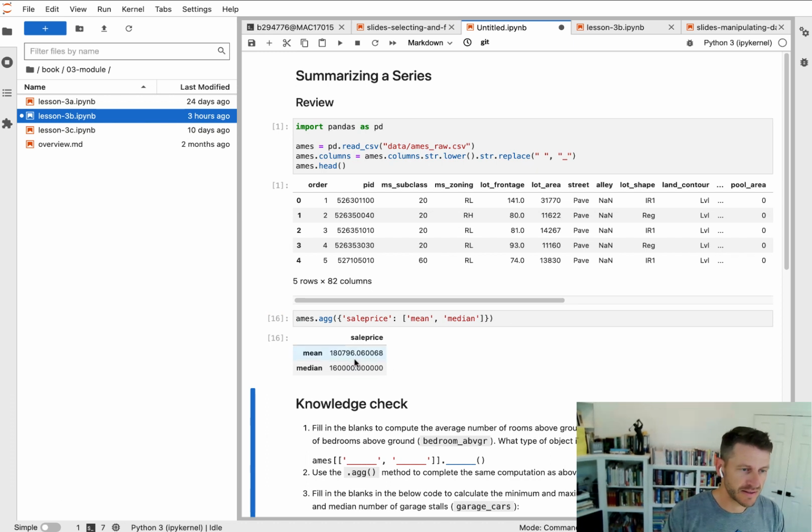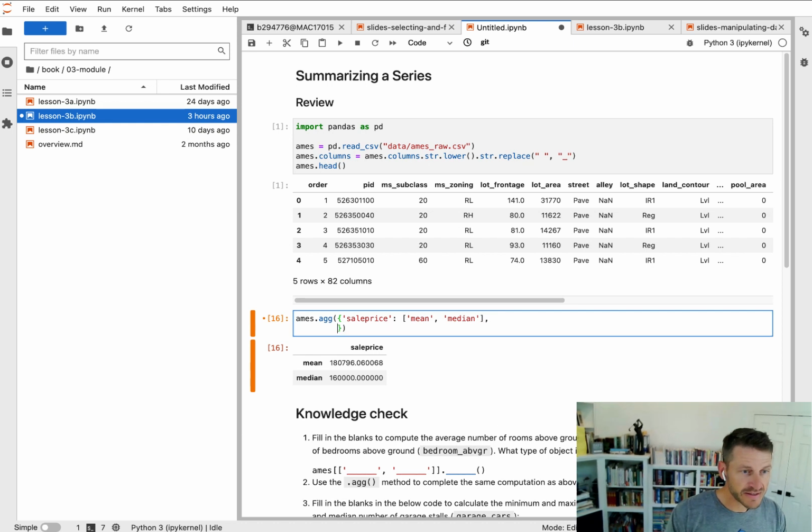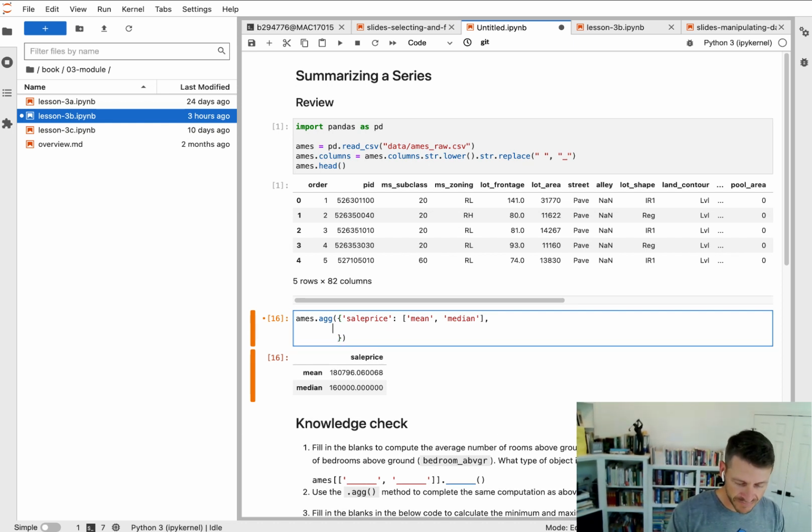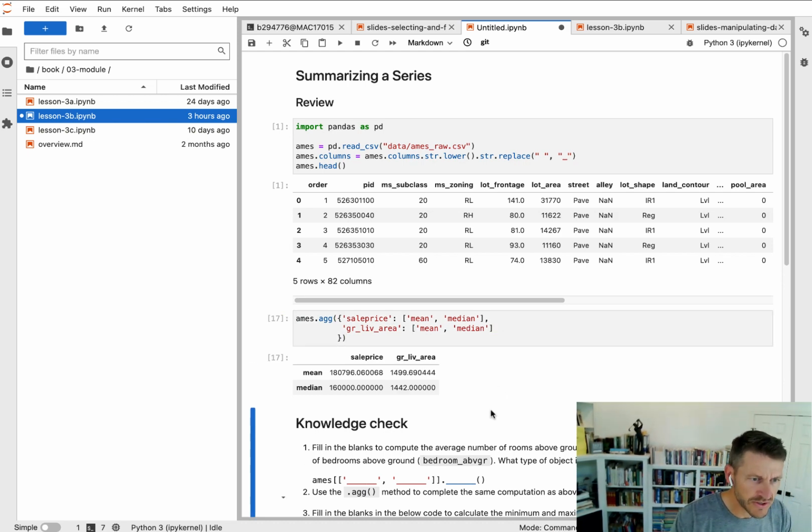And I get the mean and median for my sale price. Another benefit of this is I could also get the mean and the median for... Am I missing quotes here? Do I have it all? I do. Okay. So now I get the mean and the median for both sale price and the ground living